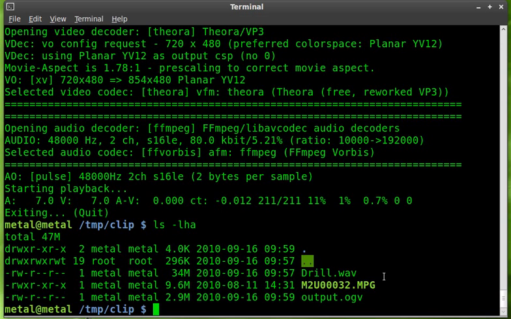And now let's see converting to an OGG audio file. This is great. You can do this with a WAV file or an MP3 file and probably other audio formats, but those are the ones we probably see mostly. And it's the same exact thing. ffmpeg2theora, the name of the input file, which is drill.wav in this case. And we'll say the -o for output file will be drill, and we'll just go OGG